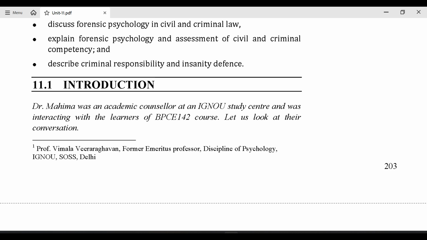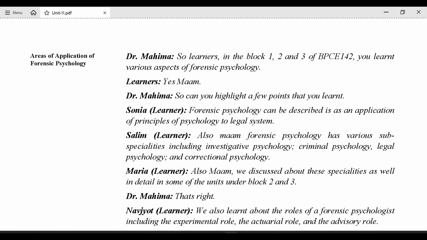11.1 Introduction. Dr. Mahima was an academic counselor at an IGNOU study center and was interacting with the learners of BPCE 142 course. Let us look at their conversation. Dr. Mahima: So learners, in Blocks 1, 2 and 3 of BPCE 142, you learnt various aspects of forensic